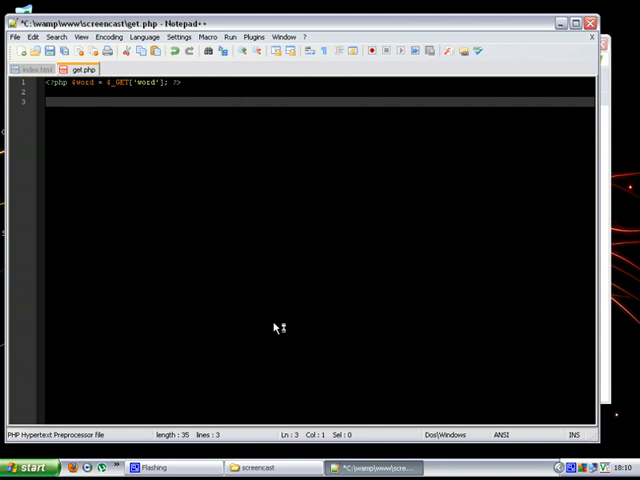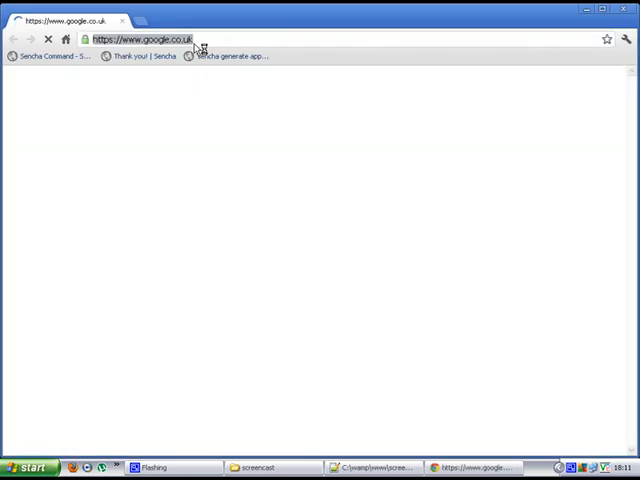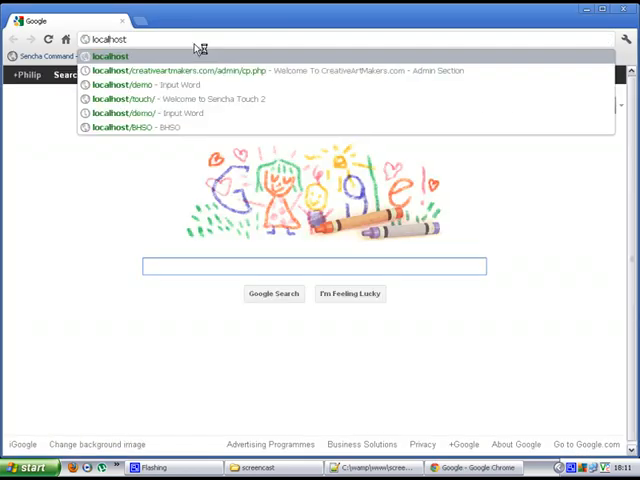So now what can we do with it? Well, in this case I'm literally just going to display it out on the screen. So I'm going to put "the word was", and I'm going to open the PHP again and close it again, and then I'm just going to go echo string word semicolon. Then we save that, and now I open my internet browser, go to localhost/screencast, and there it is,